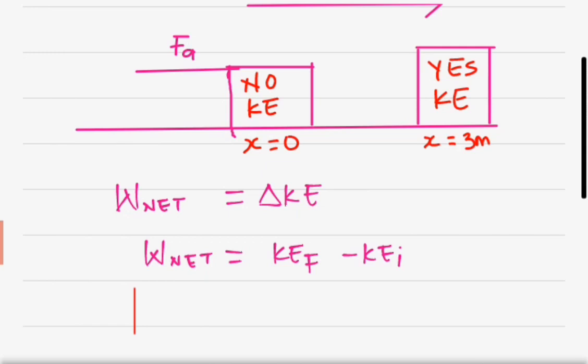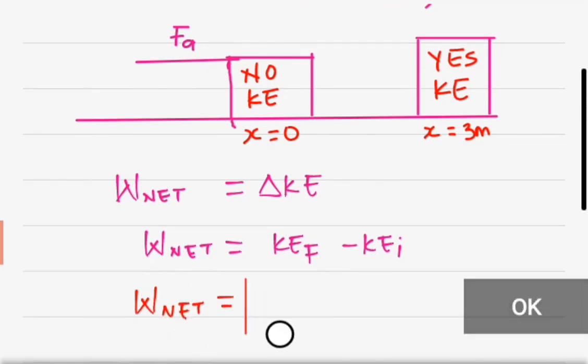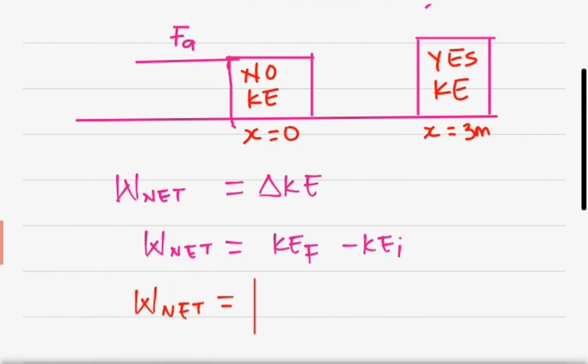Now that we've moved the box a displacement of 3 meters, we now have kinetic energy. So therefore the net work acting is going to be, our initial kinetic energy is going to be 0, but just for the standard we are going to assume that our initial kinetic energy is there. So we have the same mass, 1/2 mv final